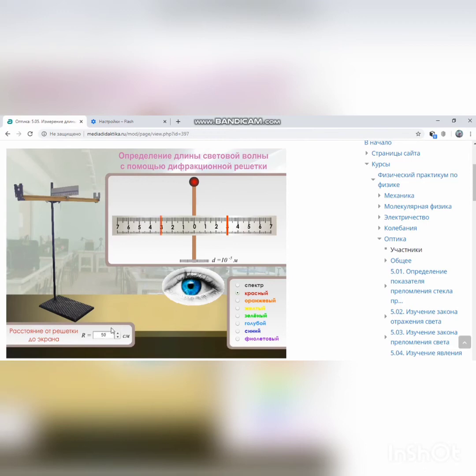the distance between the central band and the spectrum is 3.9 centimeter. By these values, we will find the wavelength of red, and by these wavelengths, we will find the average value. For example, in this situation, 701 nanometers. Then we must find the true value of the wavelength. Here is the true value of the red wavelength